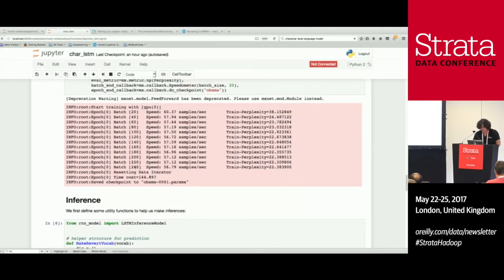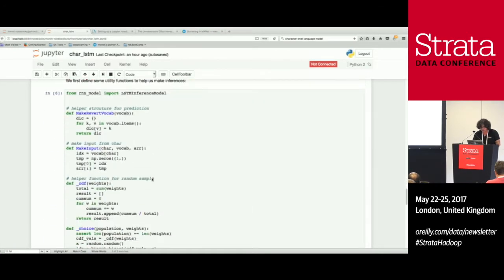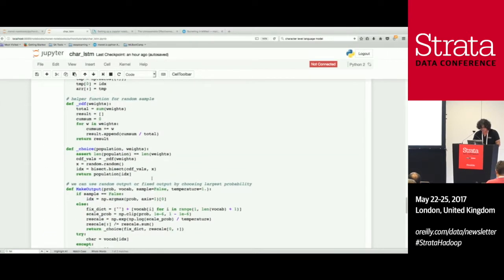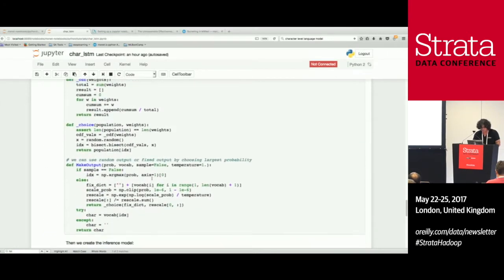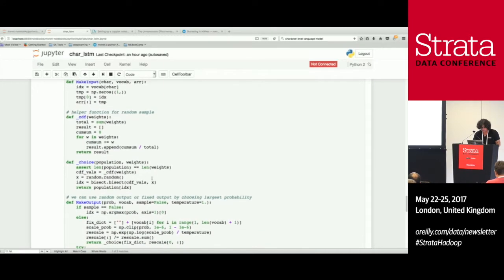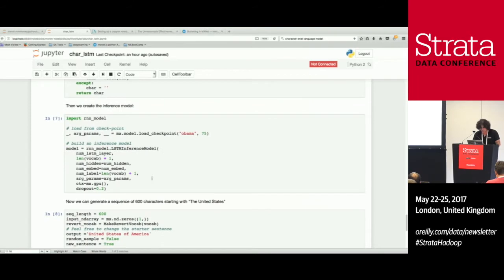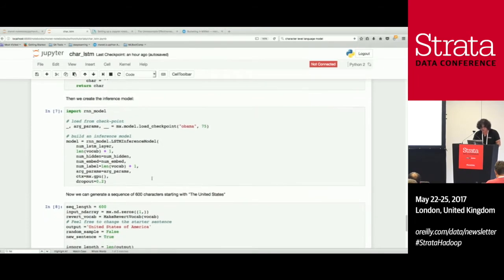Here I did run the training. It took a little while to produce it. So the inference part, I'm not getting to statistics. I'm just going to run this thing, right? So here, the only thing that's happening in here,